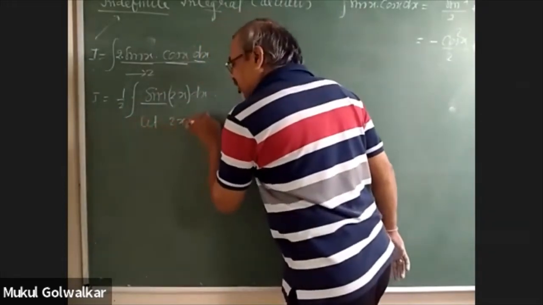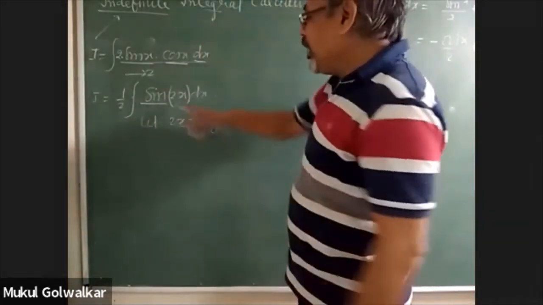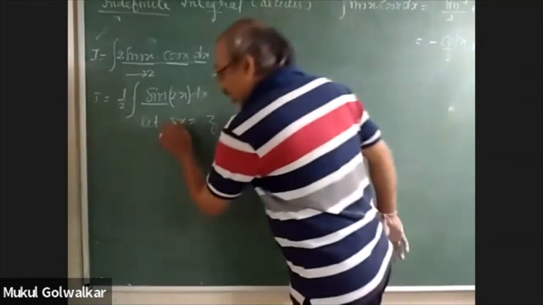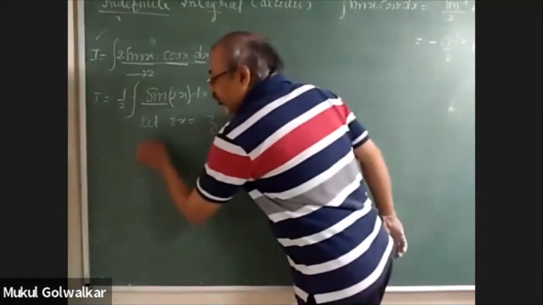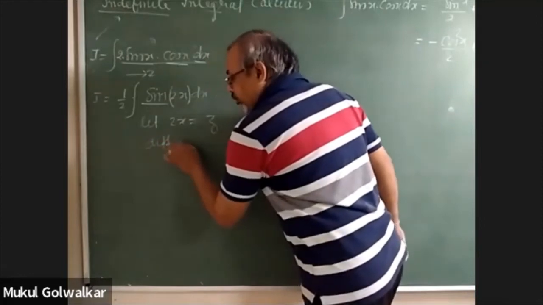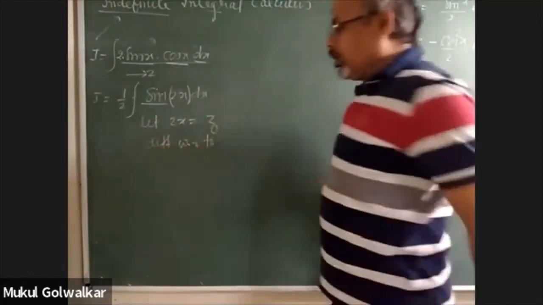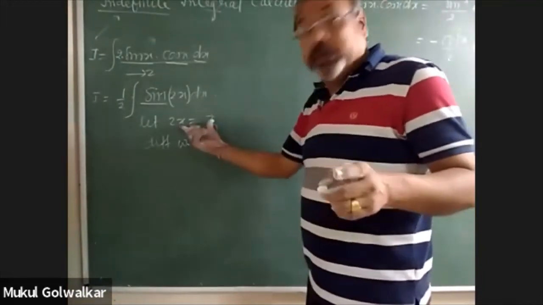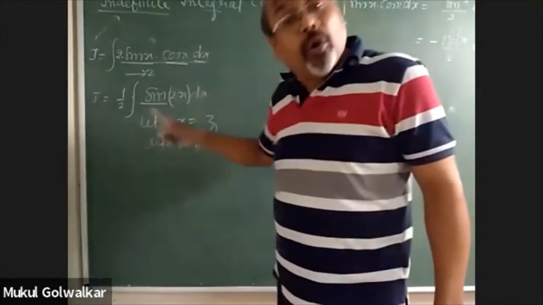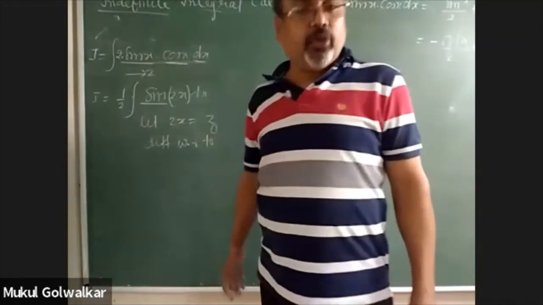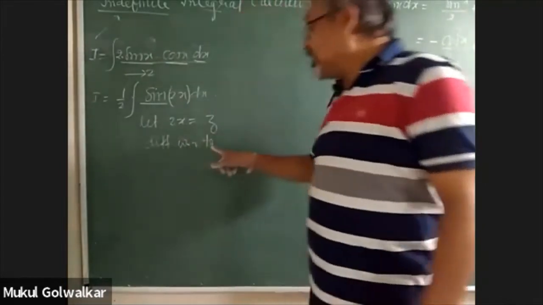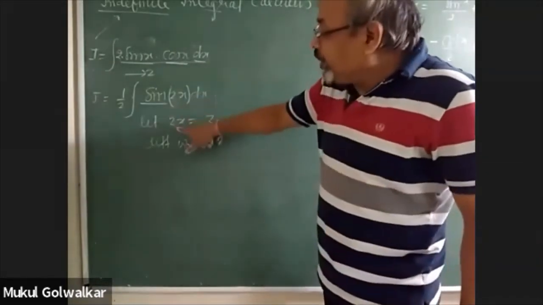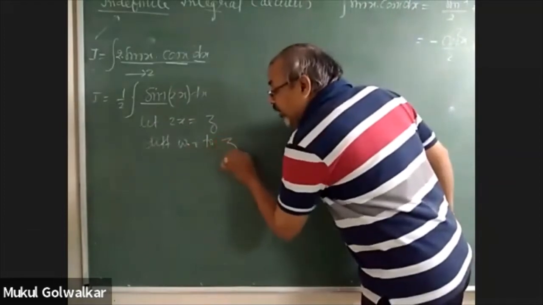2x is equal to t, suppose I write z. So many times the variable t has been utilized, so just a change of letter. 2x is equal to z. After going for this substitution, then we differentiate. Previously I had been writing that this substitution is to be differentiated with respect to the old variable. I don't know whether everybody has noticed that or not, but this time, as I said, I am going to change that. So in place of differentiating it with respect to the old variable, I am differentiating it with respect to the new variable z.